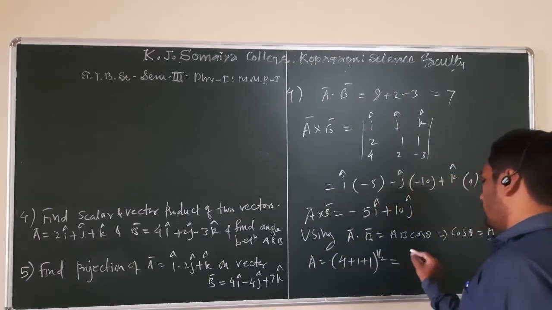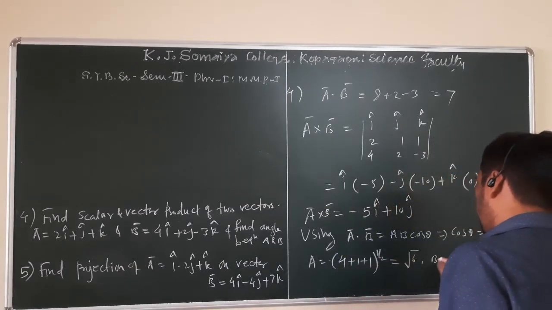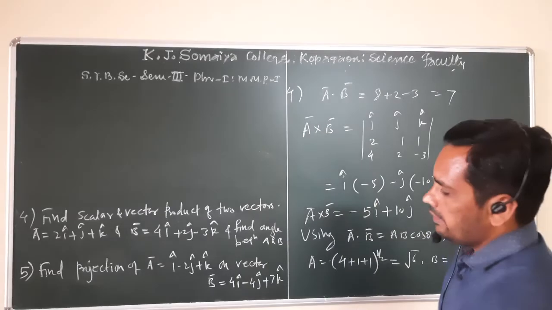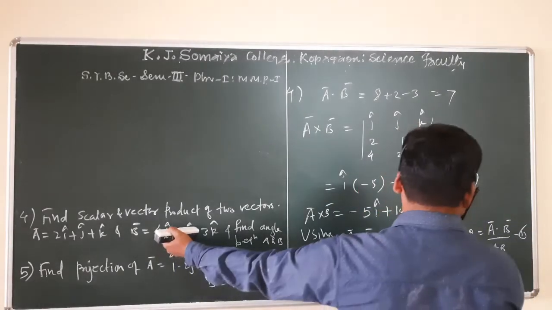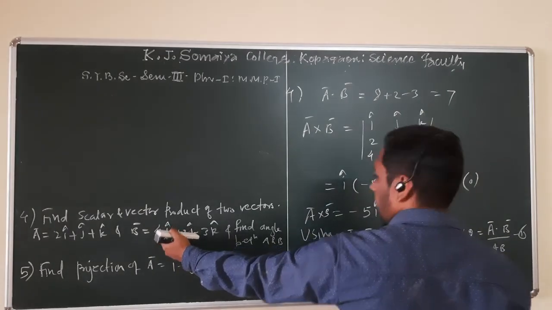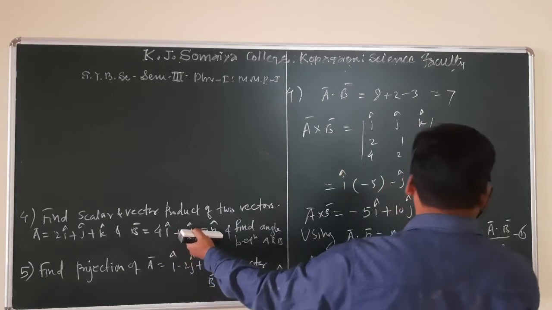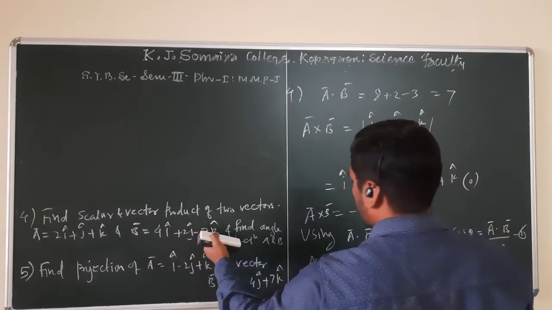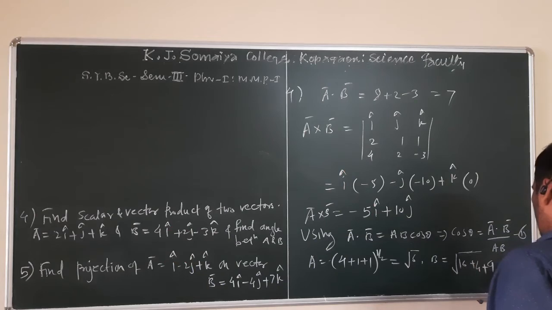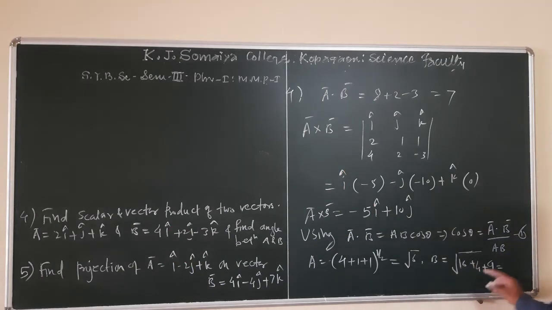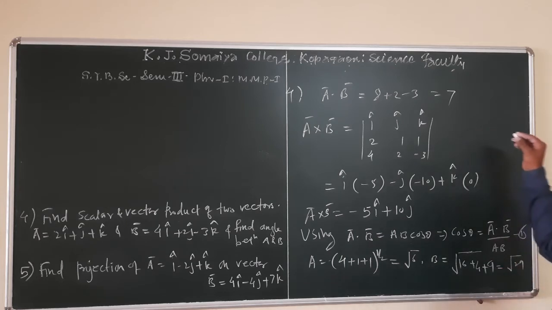So root 6, and the magnitude of vector B is square root of 16 plus 4 plus 9, okay. So 29, okay. So then put in 1,